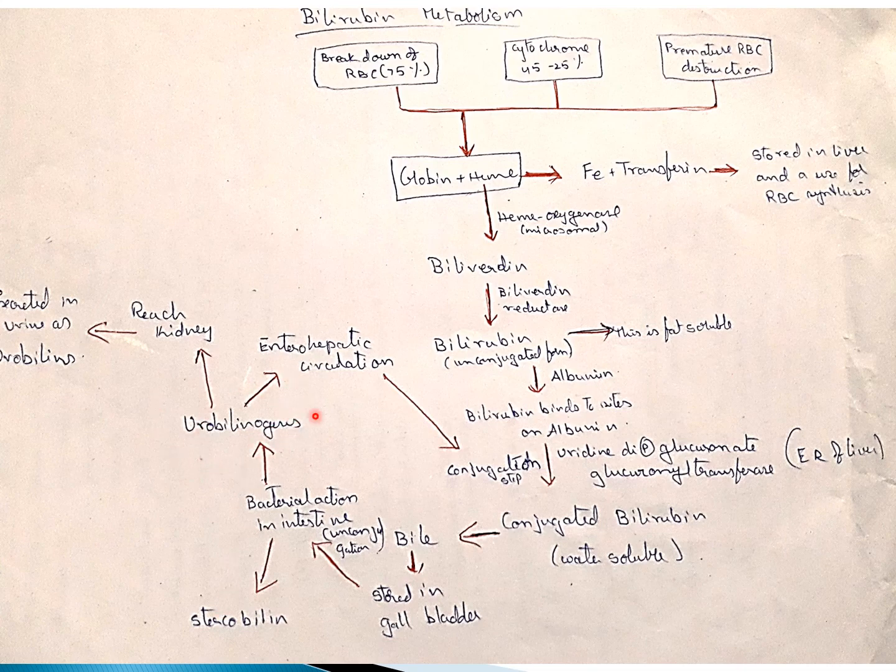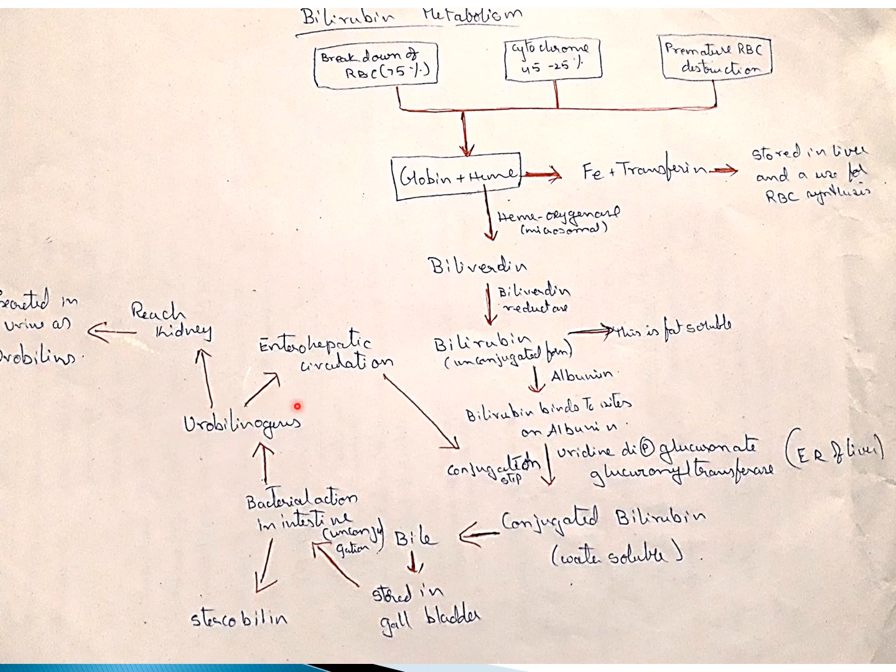This urobilinogen can enter the enterohepatic circulation. So here this bilirubin is unconjugated, a fat soluble one which enters the intrahepatic circulation and is again back for another round of conjugation. While some of the urobilinogen reaches the kidney, where it is converted to urobilin, which imparts yellow color to the urine. So this is how conjugation and deconjugation of bilirubin is taking place, and it is reabsorbed.